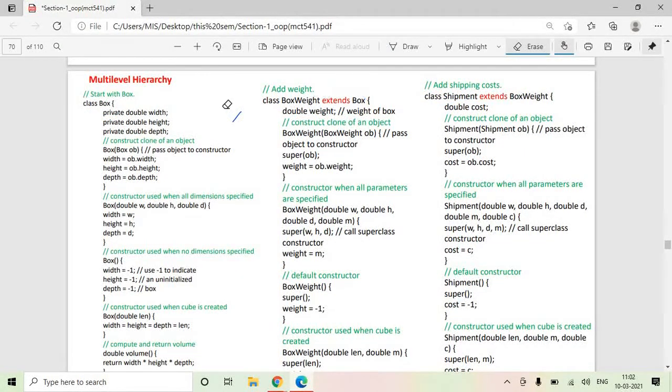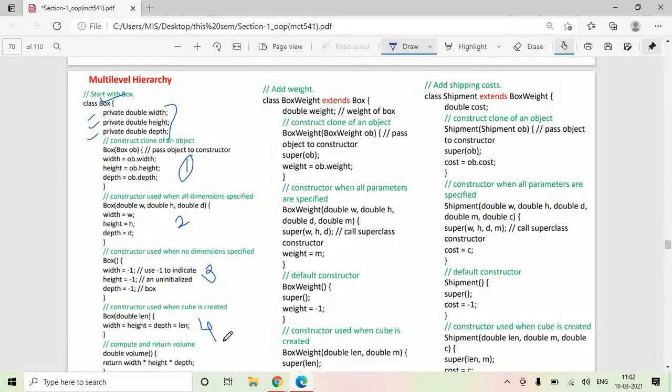In the first class, that is box class, we have three variables: width, height and depth. All the variables are private to the class box. We have first constructor, second constructor, third constructor and fourth constructor.